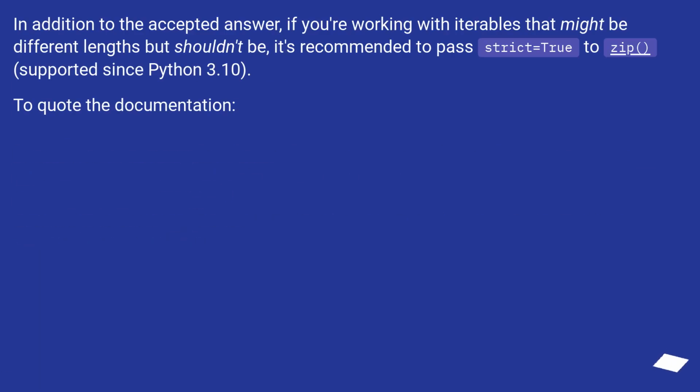In addition to the accepted answer, if you're working with iterables that might be different lengths but shouldn't be, it's recommended to pass strict=True to zip, supported since Python 3.10. To quote the documentation,